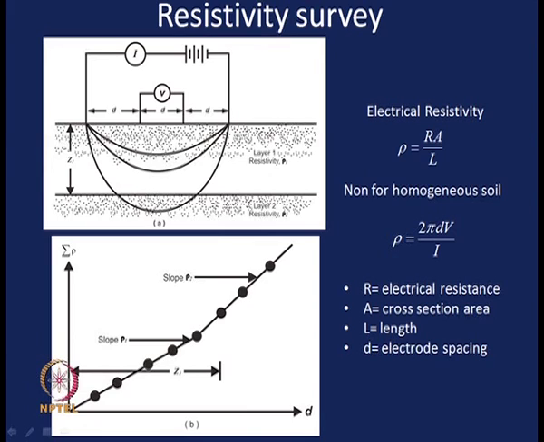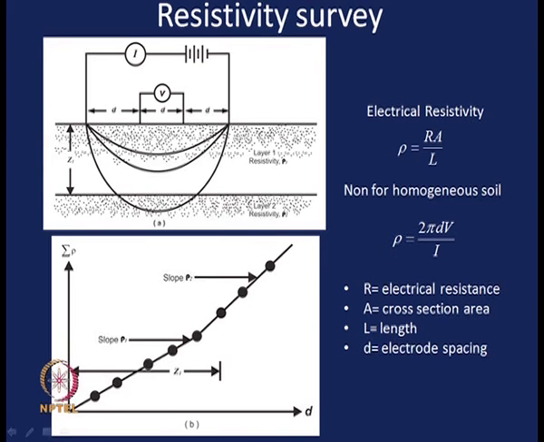So, in that case, how will we determine the thickness of each particular soil layer and the resistivity of each soil layer? We can explain it this way: if the soil is not homogeneous, then we can change the spacing between the electrodes. So, this is the D. We can change this D value, because we will still place these 4 electrodes in a straight line and at equal spacing, but we can change the spacing here.